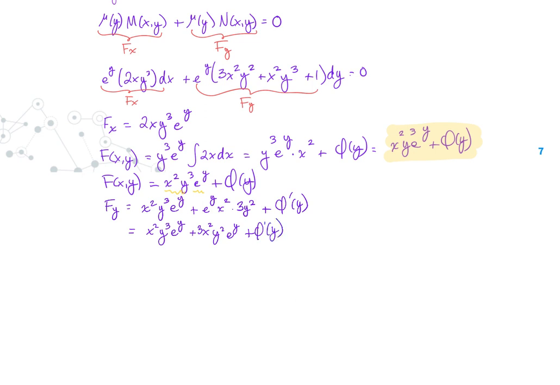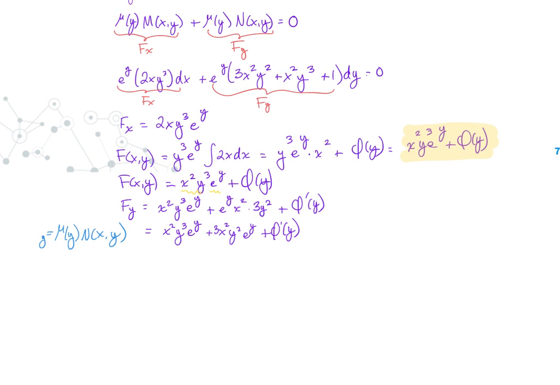And we already know from previous examples from section 2.5 and from this section that this also has to equal mu of y times n of xy, which is our f sub y. Let me move it over a little so I can write that in. There we go. So we know that our f sub y then would be e to the y